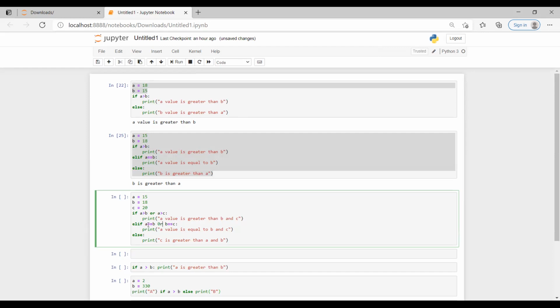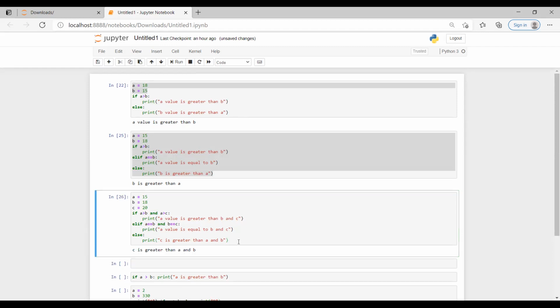If one of them is satisfied and that is okay, just mention OR in both the statements. If both of them have to be satisfied, then go with AND. This is what it is on multiple statements. Since C is greater than B, it went to the else condition, C is greater than A.